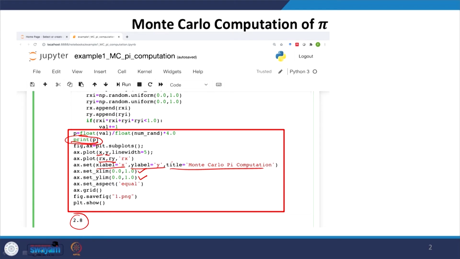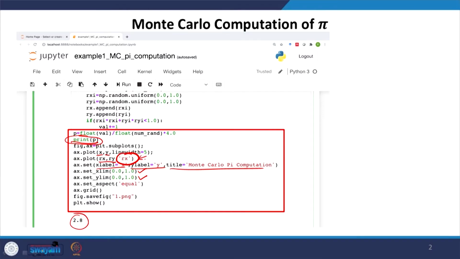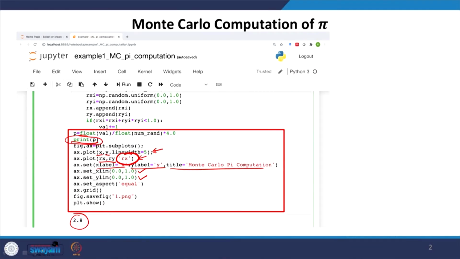The key point here is that when I am plotting the Rx and Ry, that is the points that I am randomly generating, I am doing it with something like a label Rx right here, and that means R means red, it is going to be a red point, and x means it will show like crosses on the screen. On the other hand, when I am doing the plot for the circle, I am not putting that thing, that means it will simply plot a line, right.